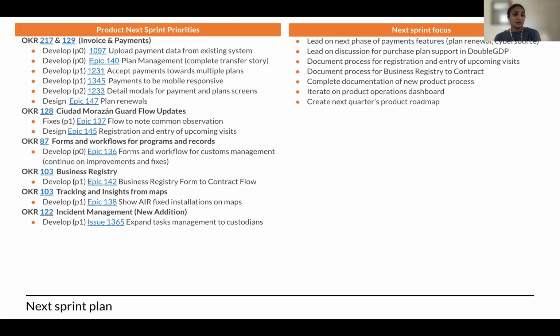In this sprint, we are also going to continue our focus on invoicing and payments. Since we've moved more into the epics, there are a lot more longer stories that we have to address. And so you're going to see more things that span multiple sprints. But we are planning to complete the work on plan management, and then